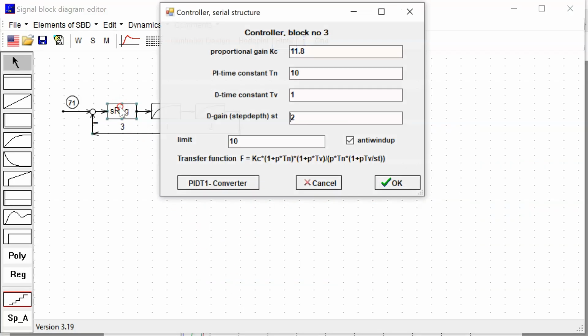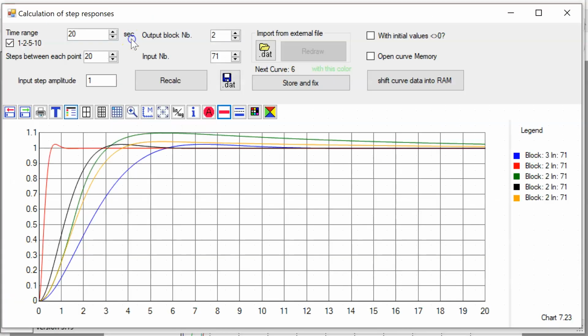I go to the controller, activate this anti-wind-up function, say OK, and repeat the calculation. Here is the orange situation, I've stored this curve, and the next color is light green. If I recalculate this, you see with step depth 2 and anti-wind-up function activated, we get now no overshoot, fast reaching